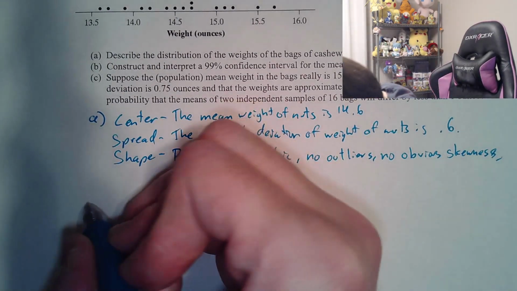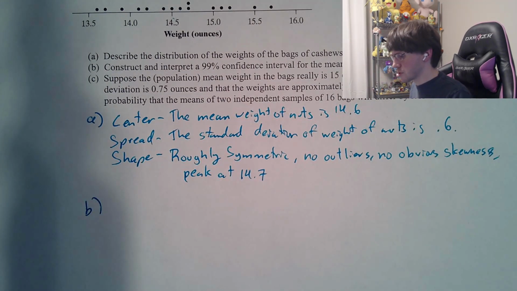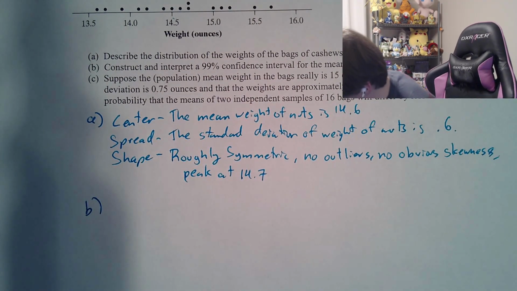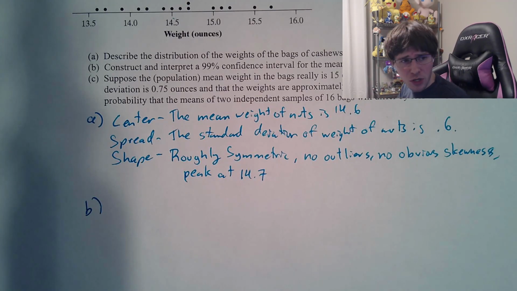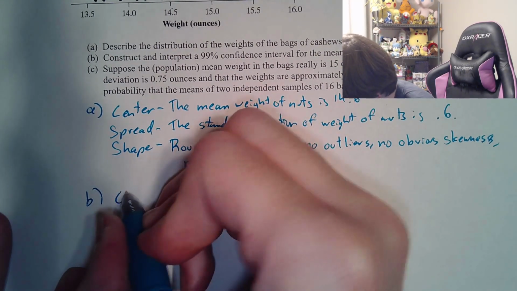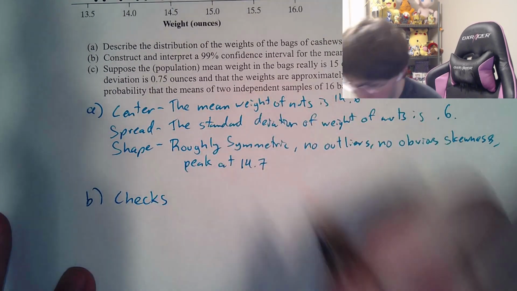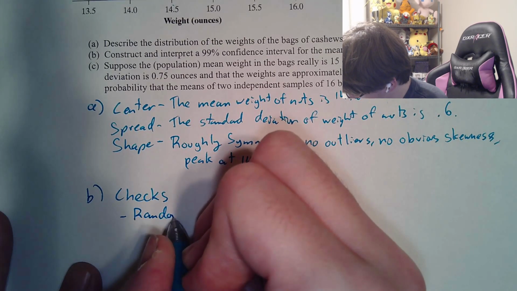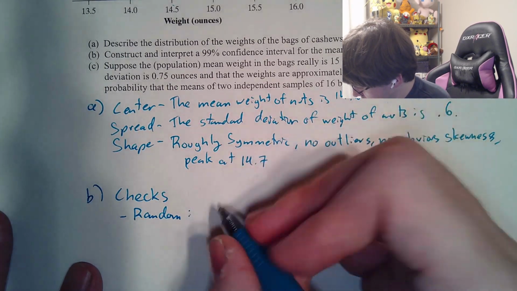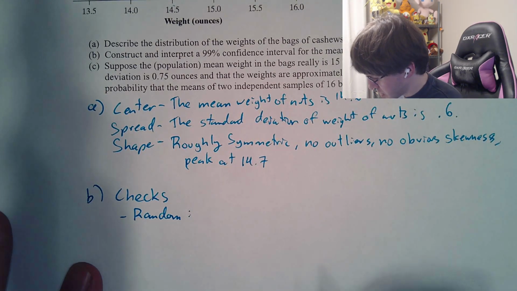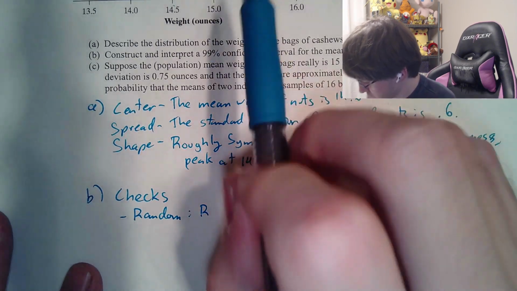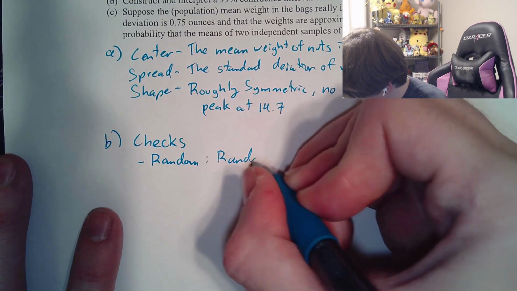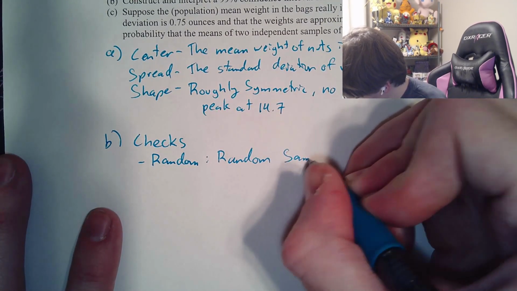We're done. Letter B, construct and interpret a 99% confidence interval for the mean weight of cashews in one bag. So what are we doing? We're going to be doing our checks immediately. So our checks right away. Can we even do this? So our checks right here, random. And it says random sample was stated in the problem. Says so right here. So random sample